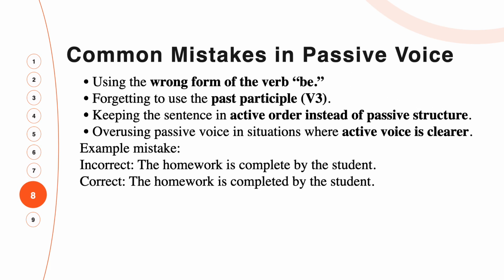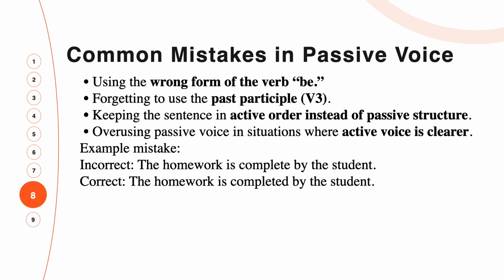Common mistakes in passive voice. Using the wrong form of verb be, forgetting to use the past participle, verb 3, keeping the sentence in active word order instead of passive structure. Overusing passive voice in situations where active voice is clearer. Example, mistake. Incorrect. The homework is completed by the student. Correct. The homework is